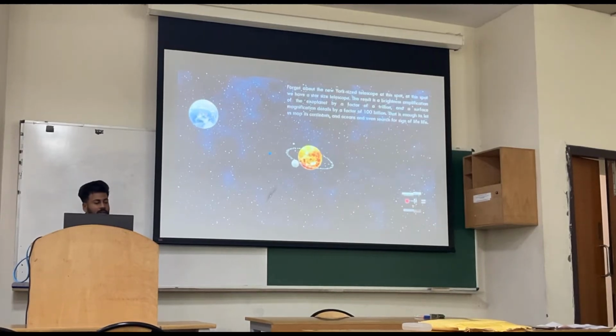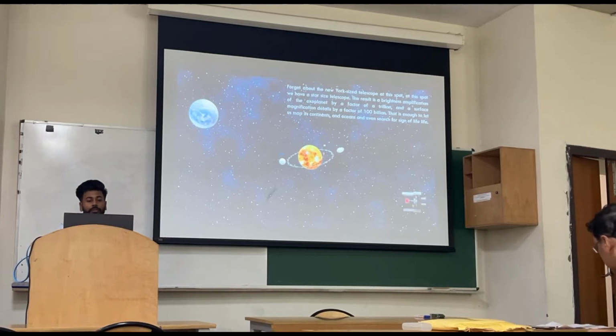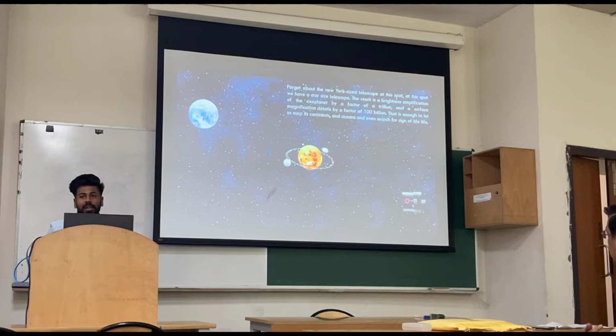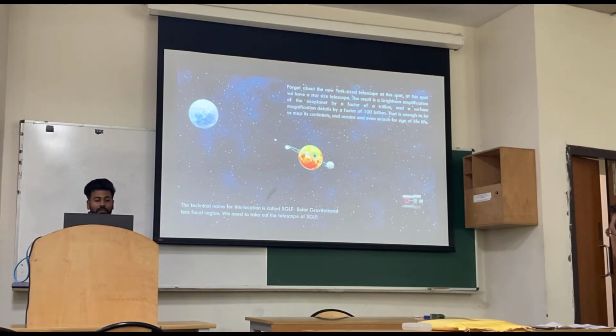Now at this point, forget about the New York size telescope. At this spot we have a star size telescope. The result is a brightness amplification of an exoplanet by a factor of 1 trillion and a surface detail magnification by a factor of 100 billion. This is enough to let us see its continents, oceans, even the search of light, like night lights on the planet. So the technical name for the machine is called SGLF, where I place my telescope,